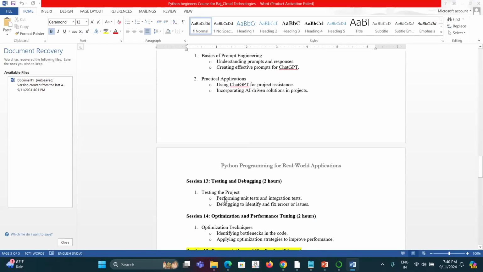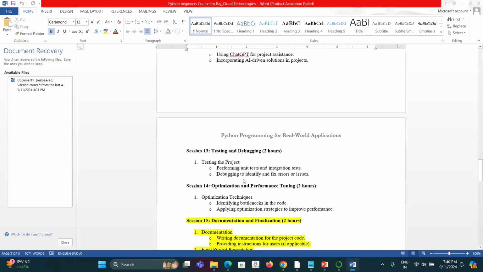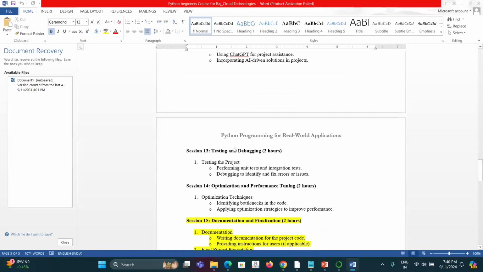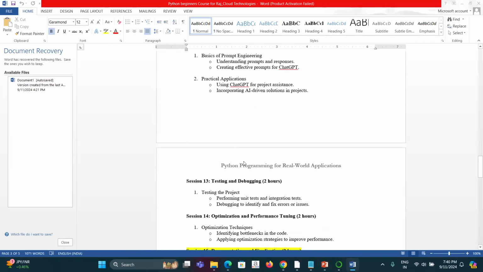And we will start executing our projects. We will test and debug, look at the problems that we are facing, and try to optimize; performance tuning we'll try to cover there. All these parts are based on the project, and at what level the participants want the project to be. We will try to cover that based on the participants' reception and what they would like to take forward. Okay, so those are the topics that we'll be covering in the course.